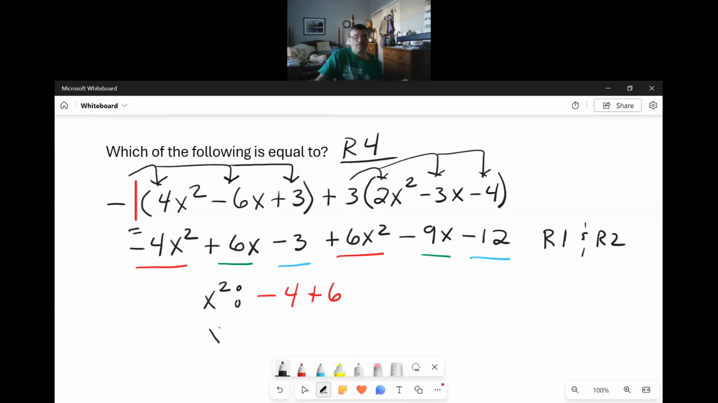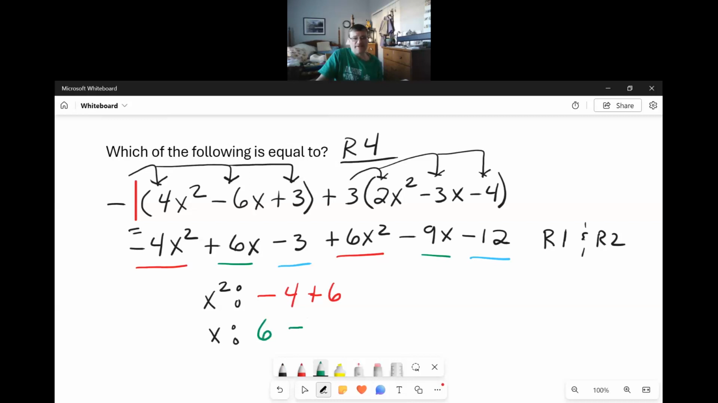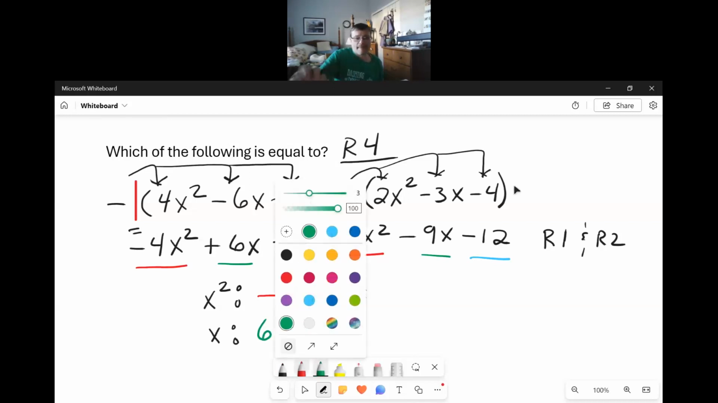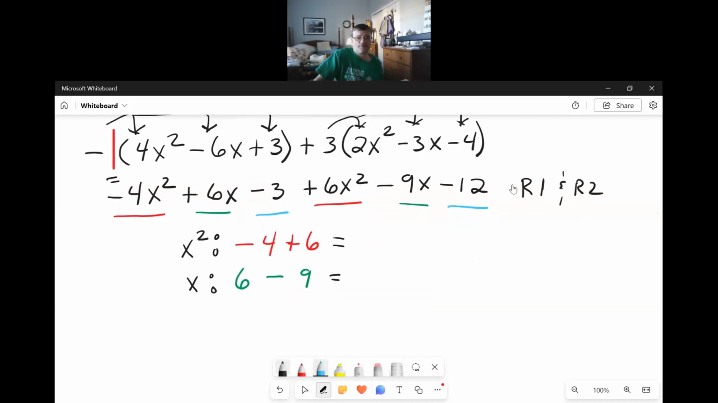The x coefficients are going to be, that's the green one, so we'll put the green here. So that's going to be 6 minus 9. So that takes care of that. And then we have the numbers by themselves. And that is going to be, see here, numbers by themselves. What do we got here? Negative 3 up there, so negative 3 minus 12. Make sure you bring down all the signs or watch your signs, so this way you can have a final